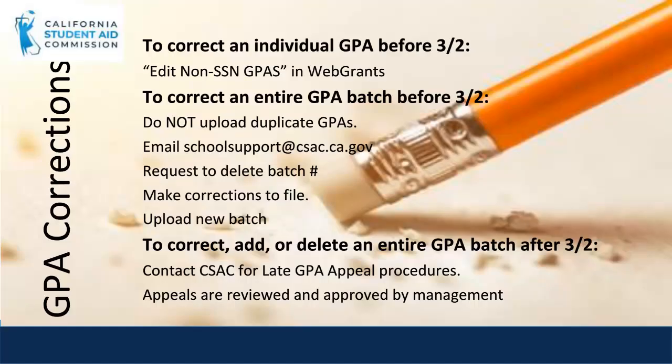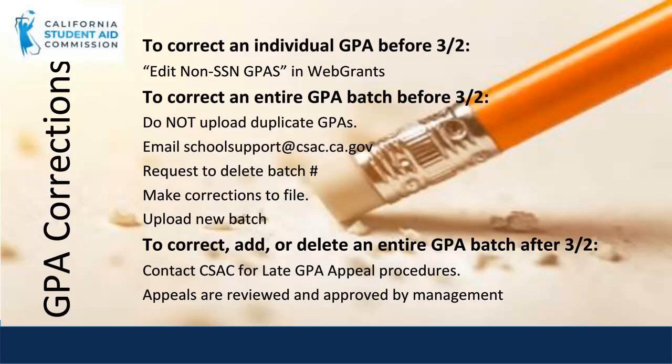A common error we see is schools uploading their GPAs with incorrect graduation dates. Although this may seem like a rather small error, it can negatively impact your students and take weeks to correct. If an error is made, GPAs can be corrected prior to March 2nd by correcting individual GPAs via the Edit